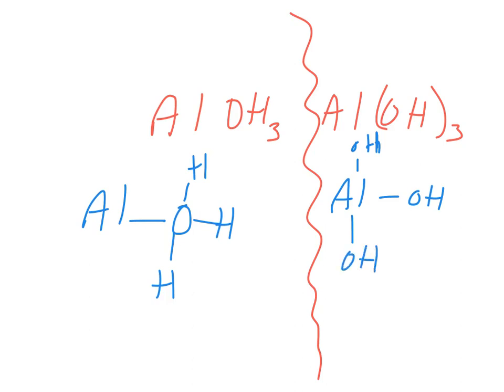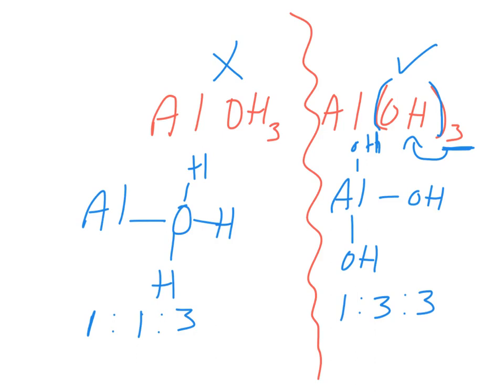We see the difference there? Here you have 1 aluminum, 3 oxygen, and 3 hydrogen. Here you have 1 aluminum, 1 oxygen, and 3 hydrogen. You see how you're missing 2 oxygen over here? That's why this would be wrong. And this would be correct. These parentheses tell you that you have 3 of this particular compound. Okay, so you must